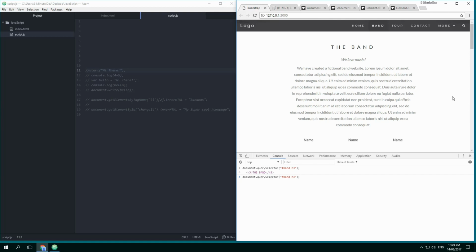Okay, so using that query selector we can do the same sort of thing as we did in the last tutorial. We can look at the HTML, the inner HTML, and change that to whatever we like. Let's change it to the sand. We've also got another feature called the outer HTML, and what that will give us is the tags as well as the inner HTML. So we can change that,